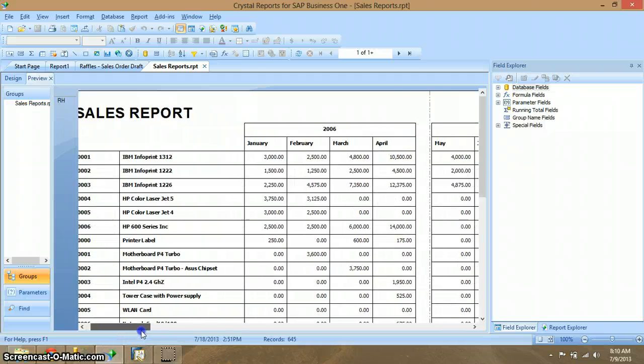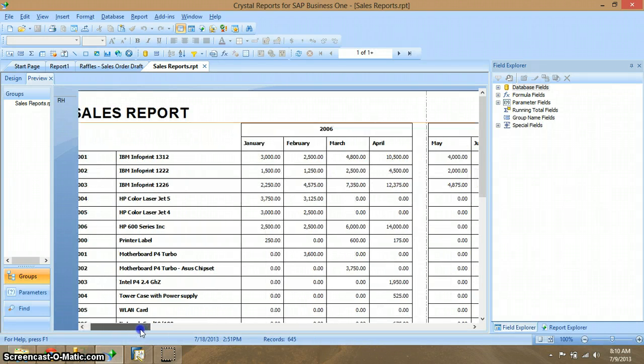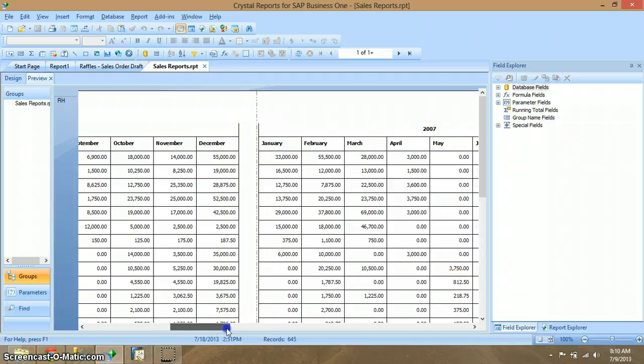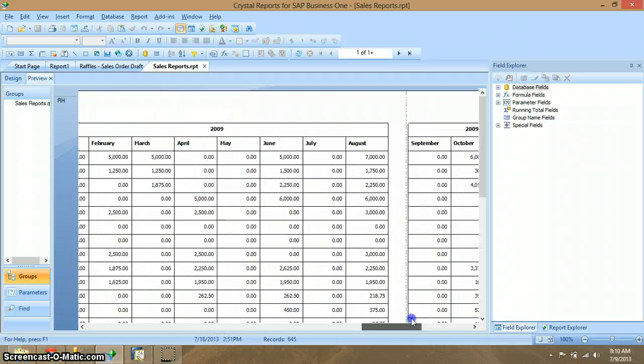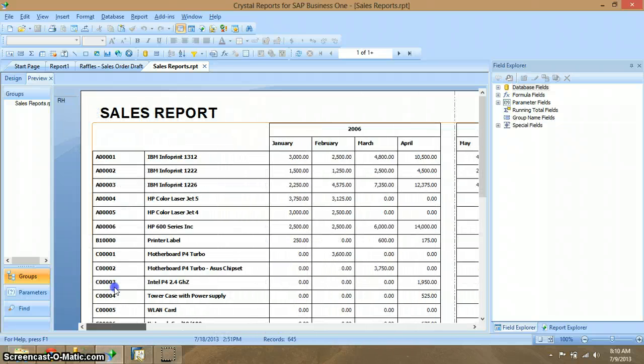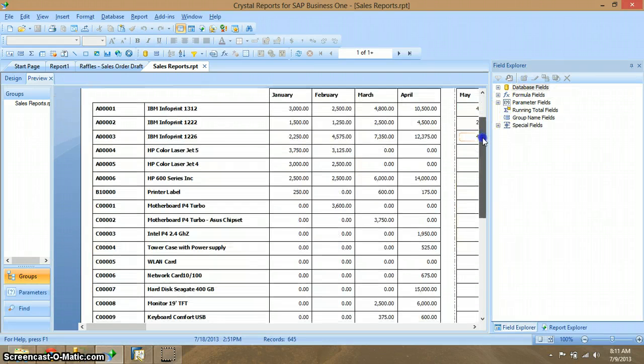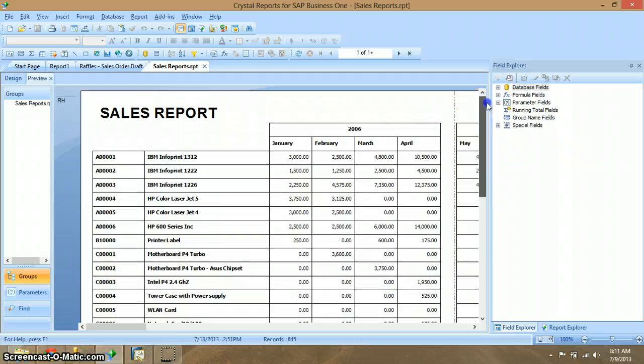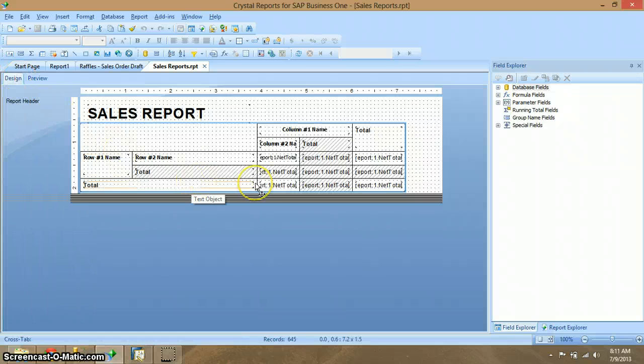This is the sales report that I made. This is an example of cross-tab report. If you can see, it's just like this.